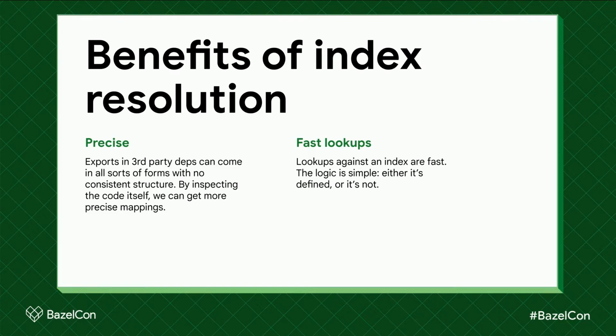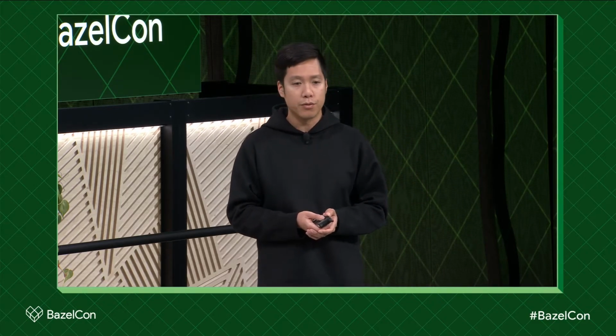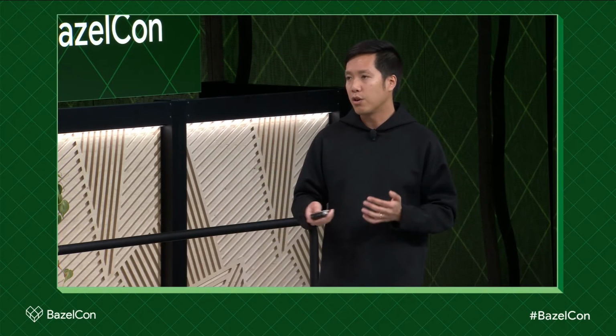And for the most part, given how we've implemented it internally, loaded to a hash map, it's usually a pretty fast lookup. It's nothing where you have to go do database lookups all the time. The index that I'm talking about here is on the order of, I think, 5 megs compressed. It's not that large. We've only so far implemented this for Java, JVM dependencies. But we don't anticipate this being a super large or heavyweight process.